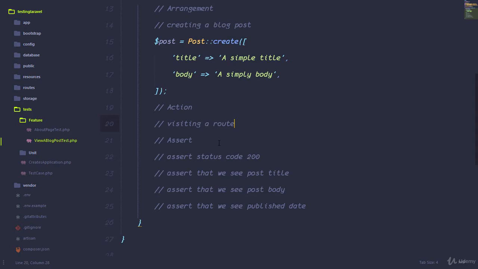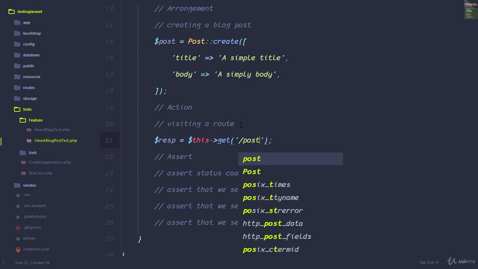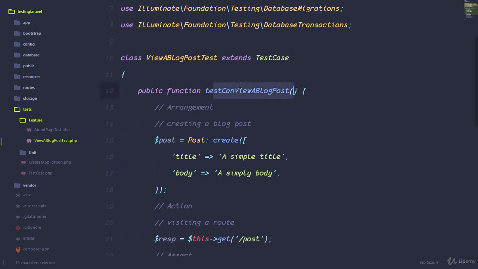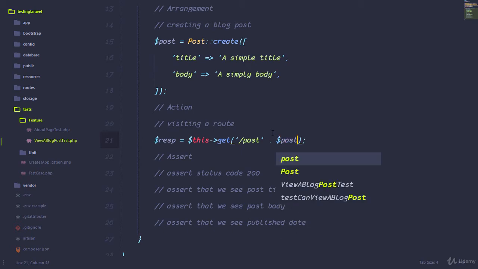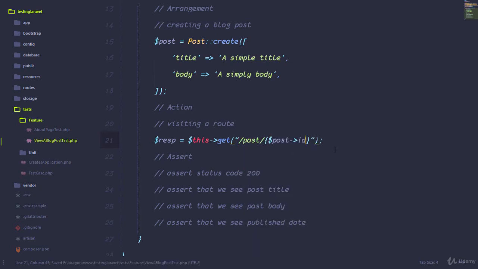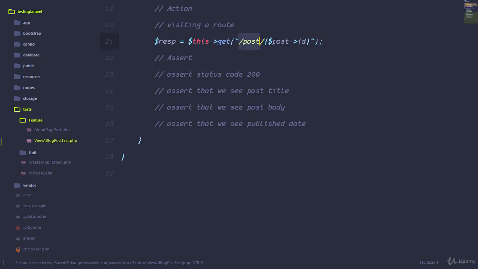So the action is actually visiting a route, right? So let's visit a route. We're going to say the response, like we always save the response, this, and we try to visit a page using a get route. And I'm just going to say visit post, and we want to view a particular post, right? So we are going to pass in the ID of this post right here. So I'm just going to add a dot right here and just say post ID, or if you want to be more flexible, we can pass this in double quotes, post, then slash post ID right here. Okay, so we're visiting an endpoint which takes in a parameter, and that parameter is the ID of the post